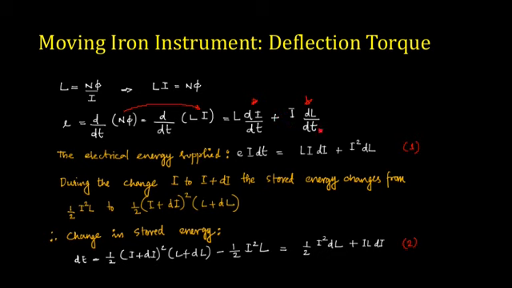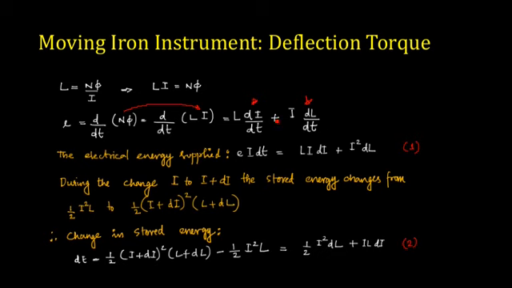So inductance will be varying with respect to time, depending on the current that is flowing, depending on the flux that is produced. Your inductance will be varying depending on the nature of flux and current that is flowing, and also the current itself is varying with respect to time. So you have two terms coming. Generally we consider only one term, L into dI by dt, and you assume that your inductance is constant. So here inductance is not constant, it will be varying. It is again varying with respect to your deflection also.